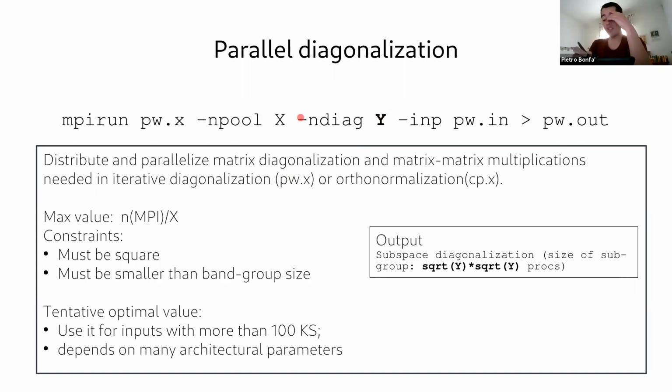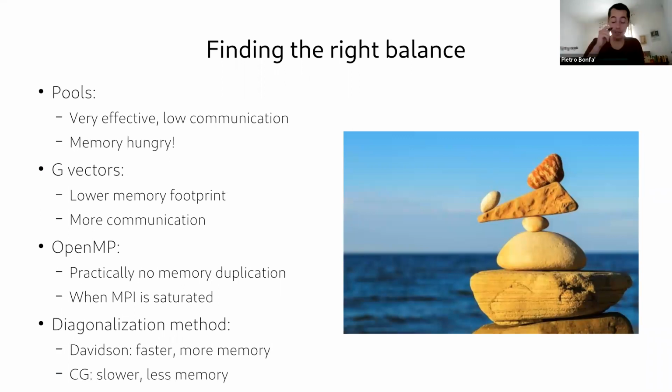But this is something that the code takes care of, so you can put a large number here, and the code will find the largest possible set of processes, MPI processes, working in parallel on the eigenvalue problem. This is not necessarily the best value that you can choose, but at least guarantees that you're not solving this in serial, so with a single core, when you have large problems, but instead remember to use a single core when you have small problems. And well, that is basically it for the